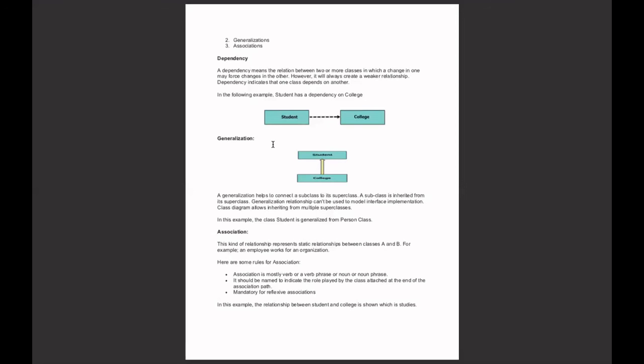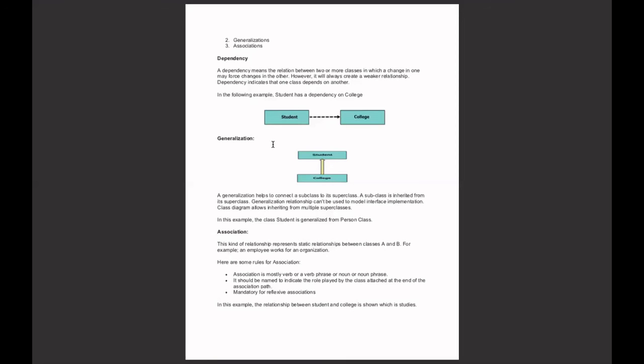Although not as common, you can have associations that connect more than two classes. These are called n-ary associations. Graphically, an association is rendered as a solid line connecting the same or different classes. Use association when you want to show a structural relationship.